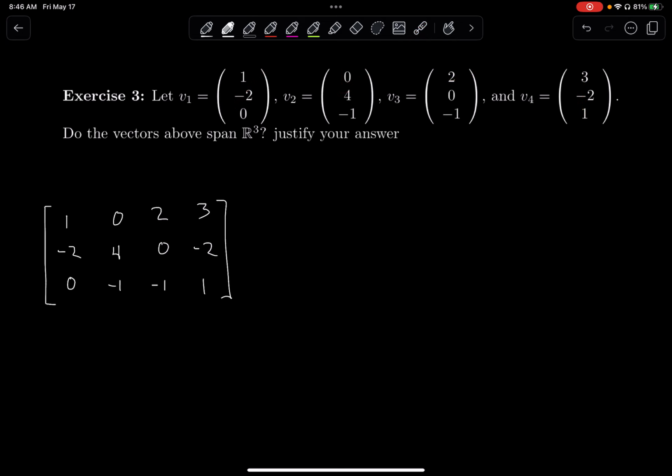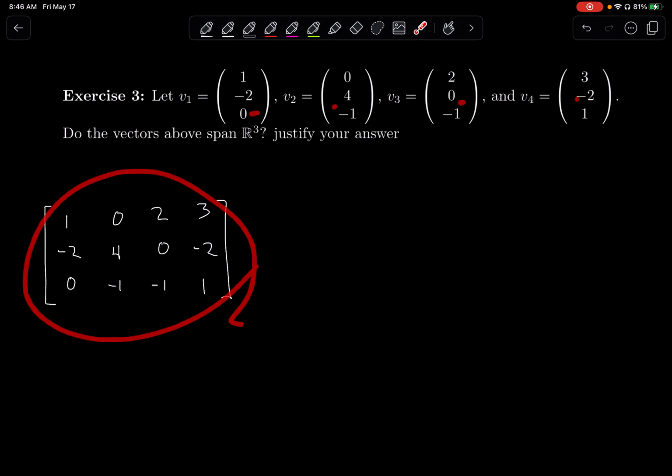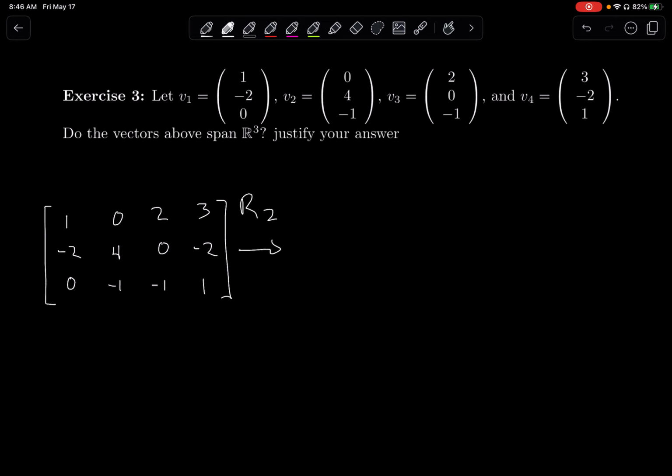So I have the matrix here. What we have to do is throw each one of these vectors into a matrix, perform row operations so we can identify those pivots, and then see does every row have a pivot, right? So what are we going to do here? We want to eliminate this 2 right here. So how do I do that? I just say that row 2 is going to be assigned to 2 row 1, and then we're going to add row 2,